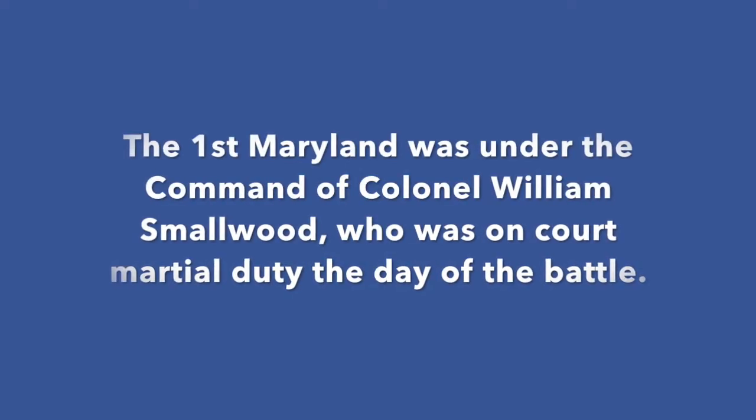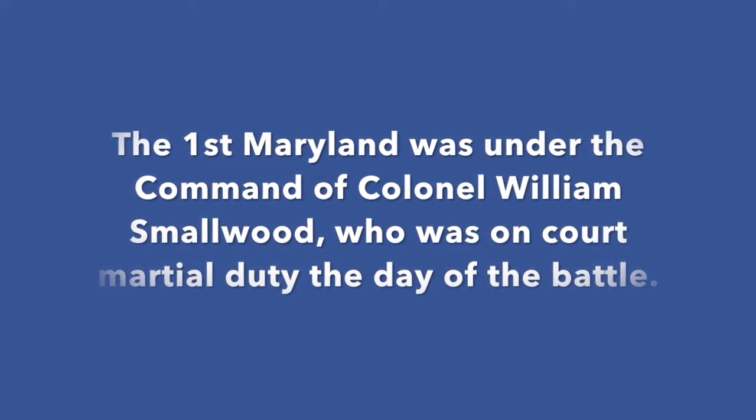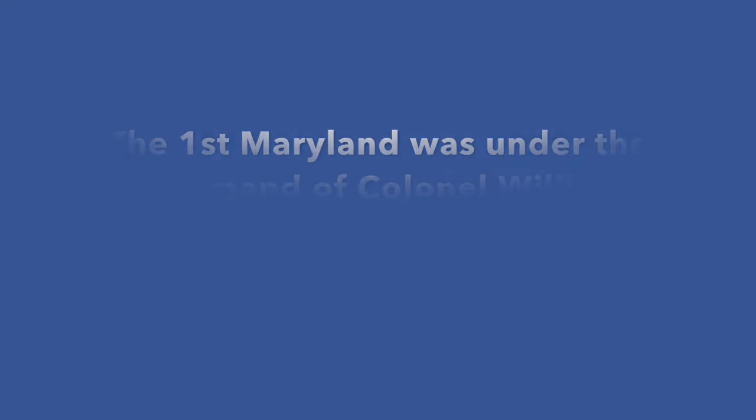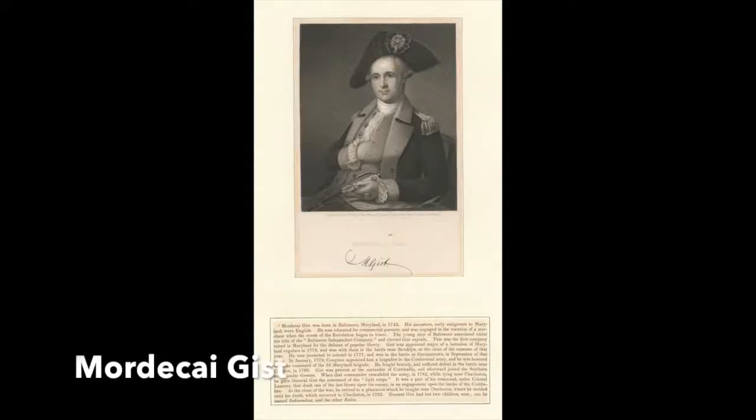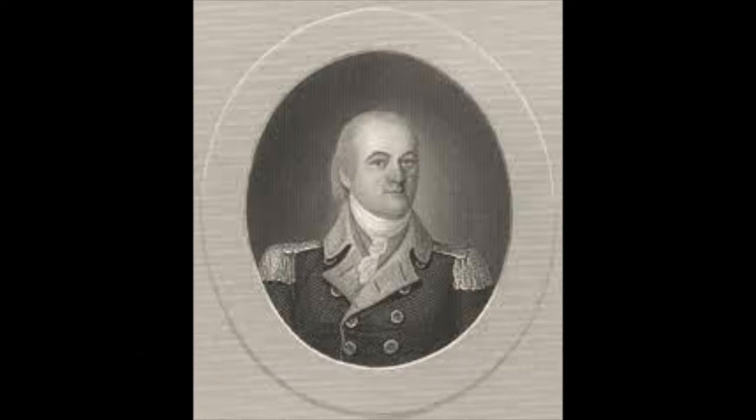So what happened is that 400 men, or so in legend they say 400, in reality it was about 260 to 270 men from the 1st Maryland Regiment, under the command of Colonel William Smallwood and Mordecai Gist, under the direct order of General William Sterling, or Lord Sterling, William Alexander, fought near this house in a